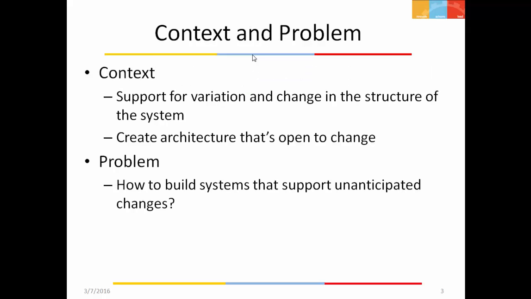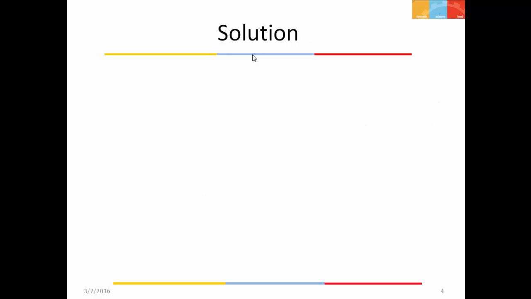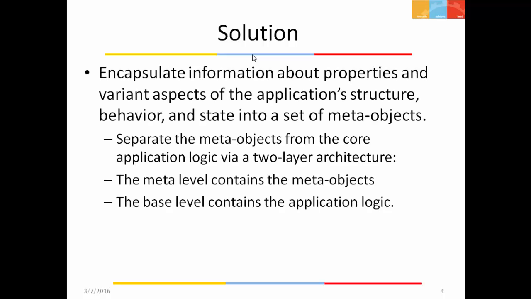So just like any other pattern, let's look at the context and the problem. The context is that one should be able to support variation and change in the structure of the system, and it should have an architecture that's open to change. That's a requirement. The question is, how do you build such a system where the changes that might come are not really anticipated earlier? The solution is this reflection pattern, and what it essentially does is